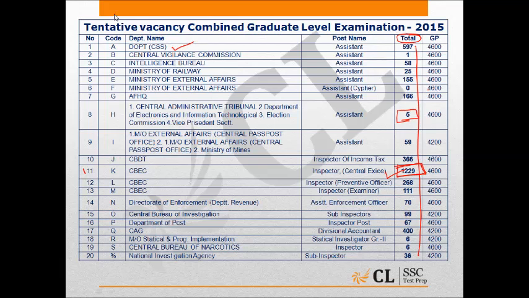Then you can go for CSS, a post which has a lot of peaceful life. Then you can go for a post called CAG post, a post with an exciting profile. After that you can go for income tax inspector, lots of posts, again social value, salary, more chances of selection, more chances of getting into your desired location. After that you can go for